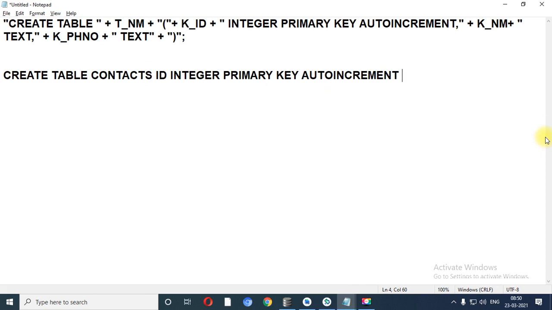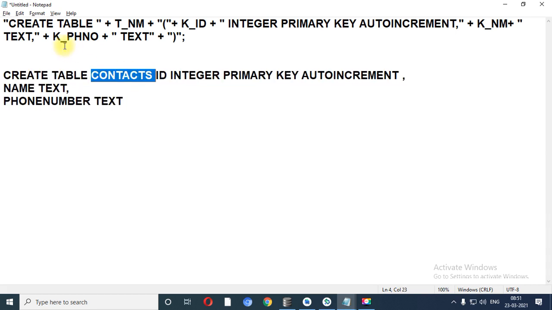Then what is the name of the second column? That is name. We declared it as a text, again comma, then phone number, declared as a text. So you can see over here that this is a query which we fired inside Oracle.